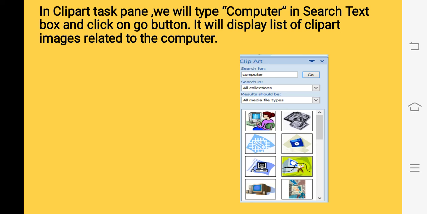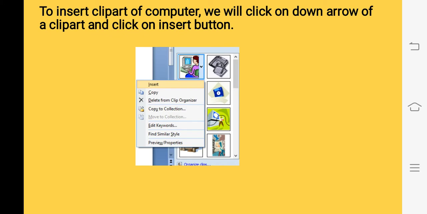It will display the list of clipart images related to the computer. Now to insert clipart of a computer, we select any clipart and click on the down arrow of the clipart. We will see the insert option and we click on the insert button.